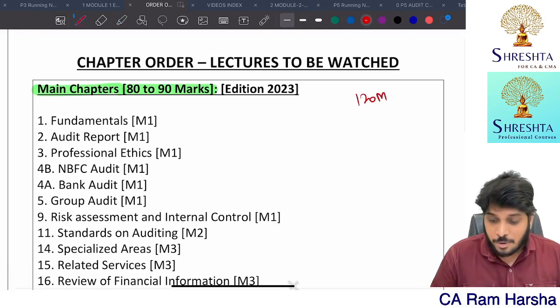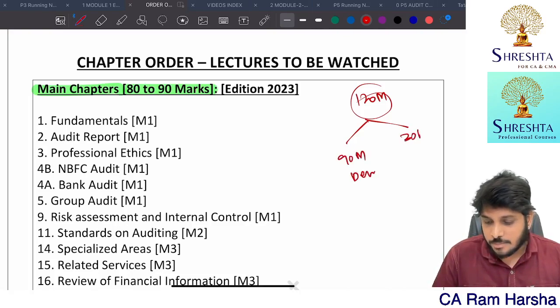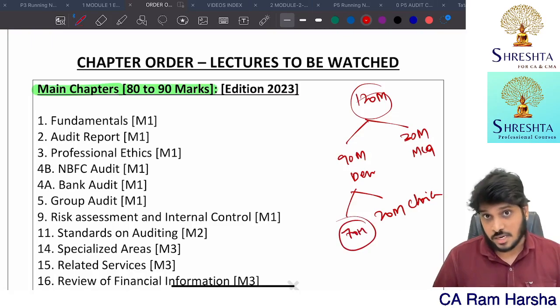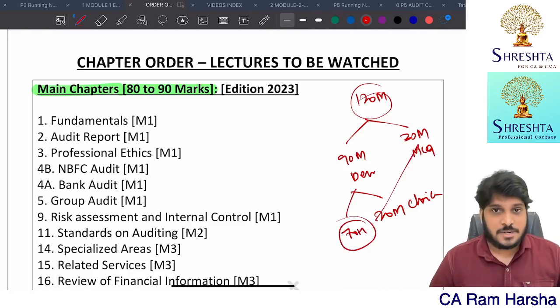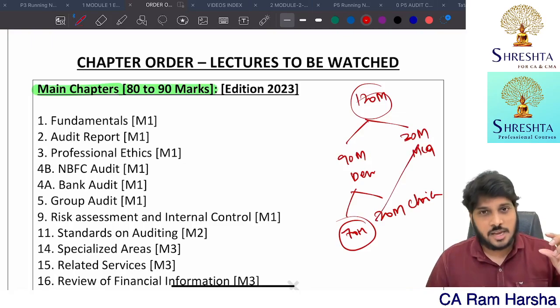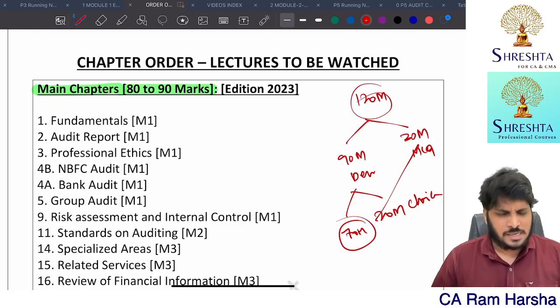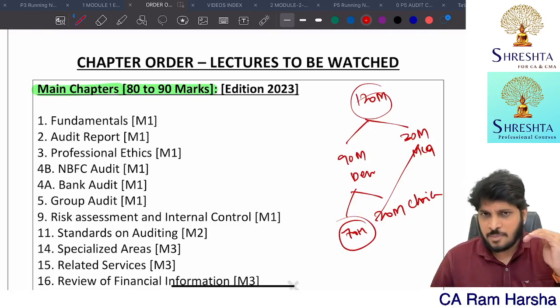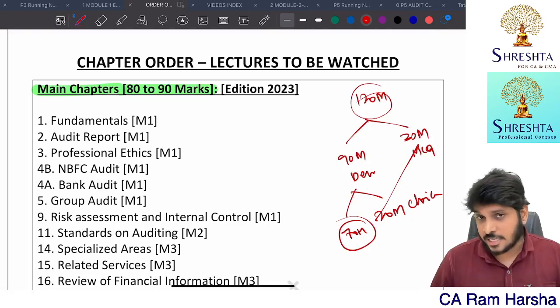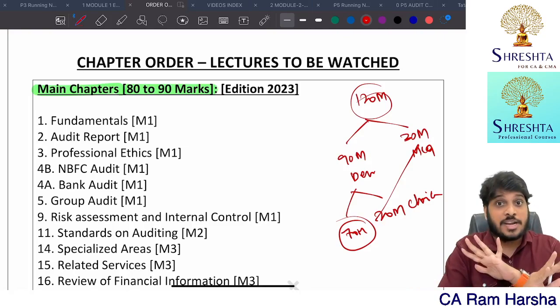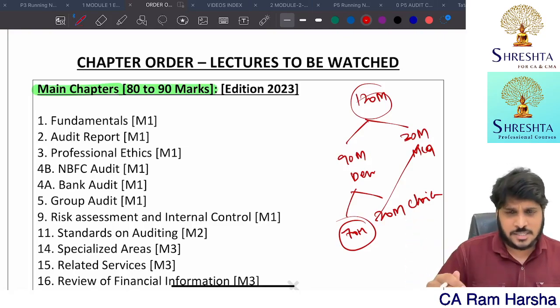Remember, the paper is for 120 marks. 90 marks is descriptive, 30 marks is MCQ. Out of this 90, you have a choice of 20 marks, and you just have to attempt 70 marks. So totally 70 plus 30 is equal to 100. Now in ICAI, in the original new scheme proposal, there is a concept of negative marking for MCQs, but it was not implemented. They have a proposal only, but there is no negative marking as of now. Based on the information available right now for the May 2024 exam, there is no negative marking for MCQs,